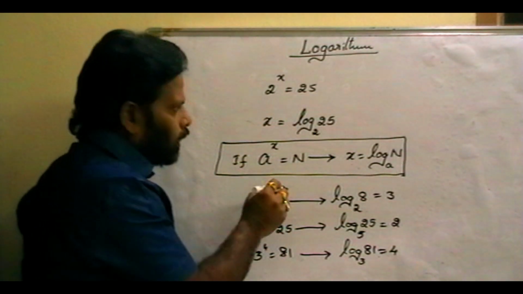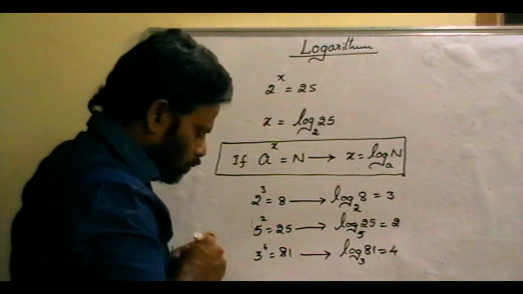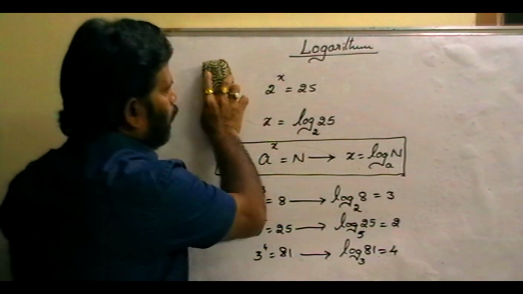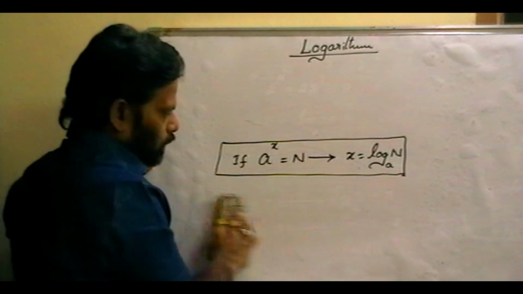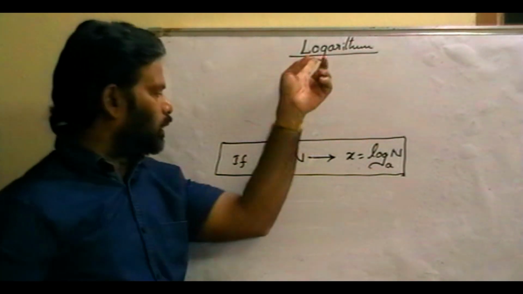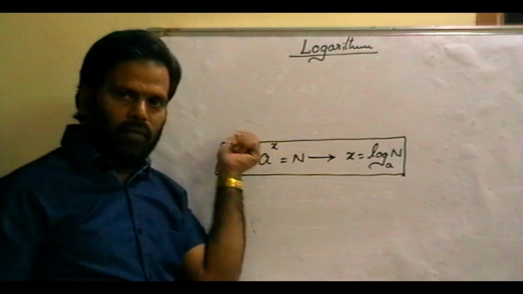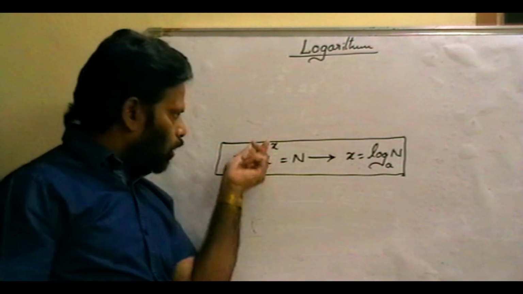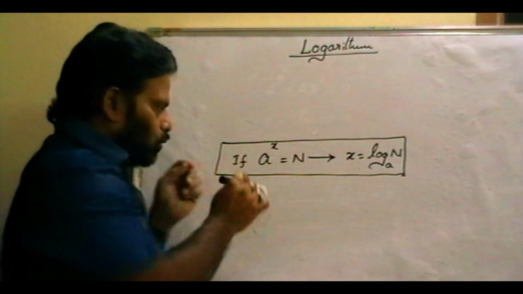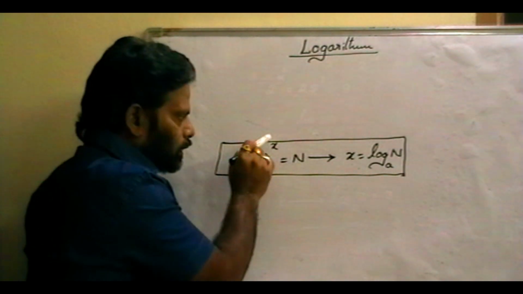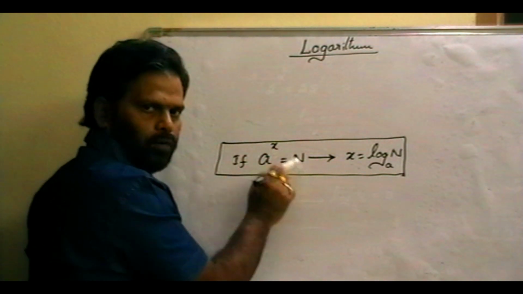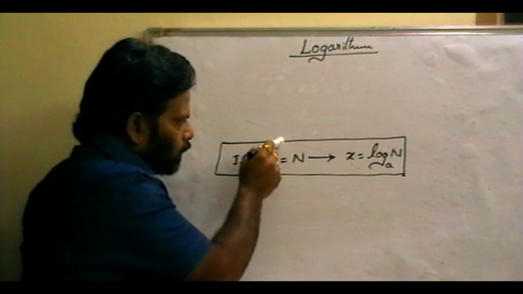So it is one of the new methods, that means a new system to find the power. It is logarithms. That is the new system. It is introduced for the relation between the power and value. Suppose a to the power of x is equal to n. Here a is the base, x is the power, n is the value of a to the power of x. To find the power,